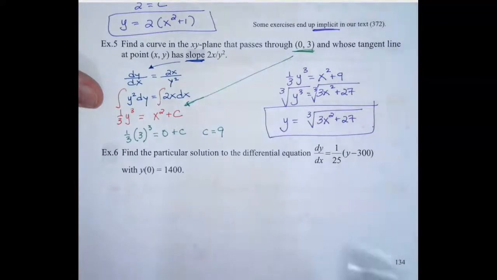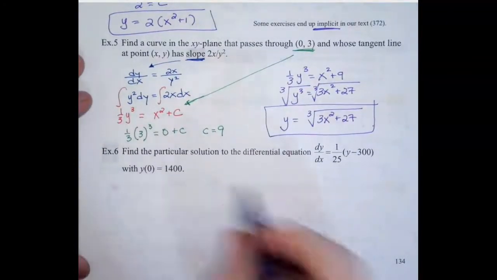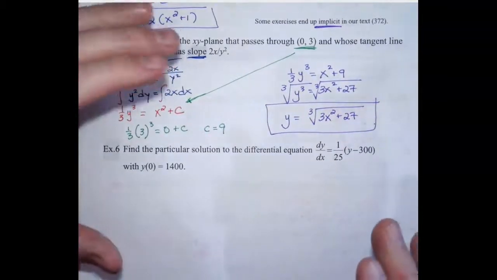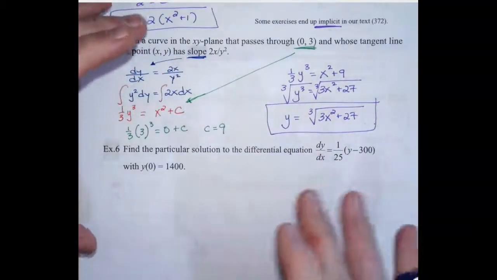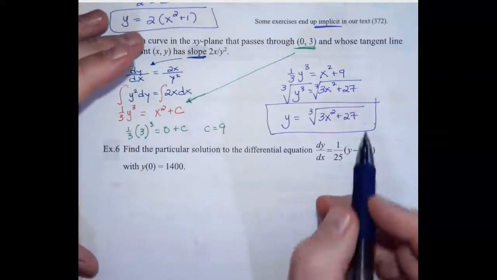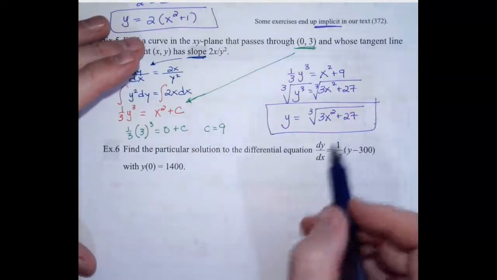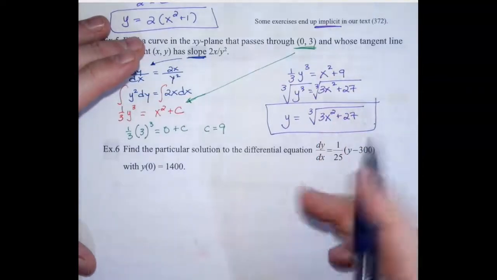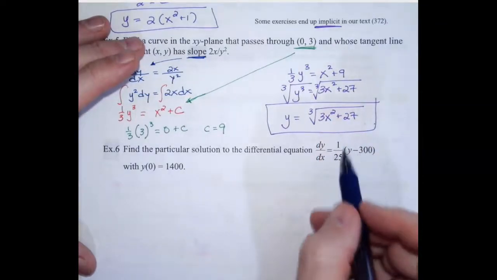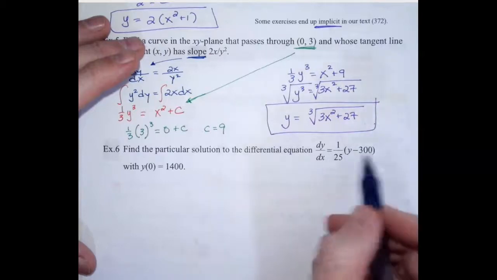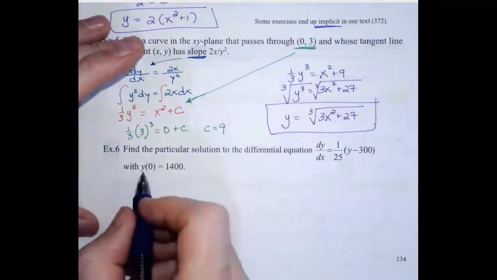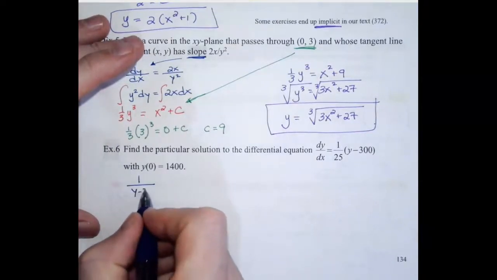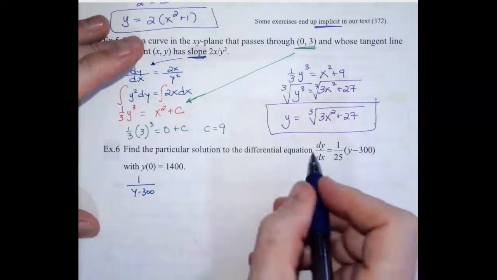And moving right along to the next one here, the solution to this. This was very similar to something that was on the AP. It was on the AP test 2 years in a row, almost the same question. The trick here, students got confused about what to do with this. Just treat this as kind of the constant of x, so multiply by dx, and then you need to divide by this. So that's going to give you 1 over y minus 300 dy,